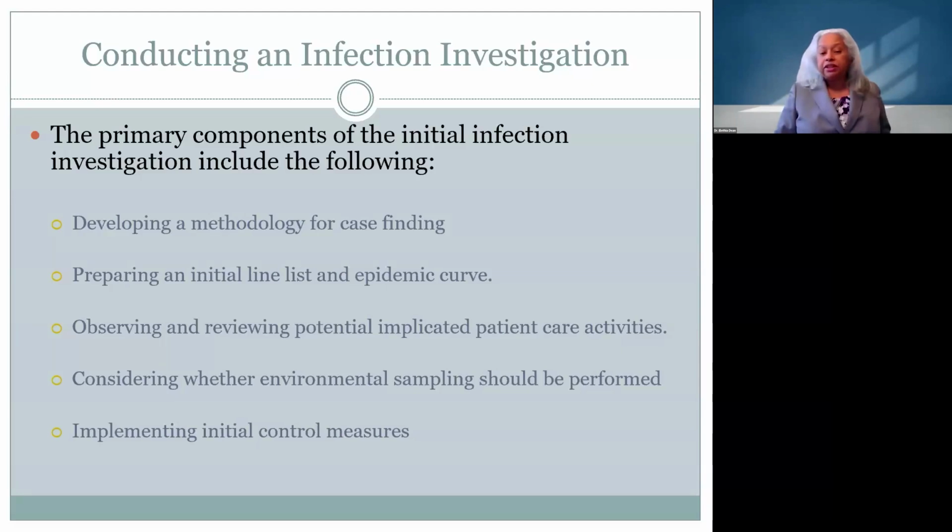Then you want to prepare an initial line list or an epidemic curve. In essence, this is just looking at your data. When are you having those infections? Is it every Tuesday you see a spike in infections, or when Dr. Smith or Jones, and in the States, Dr. Smith and Jones is just a general term, right? It's just a name we throw out there in general. Who is it? Is it occurring only when one surgeon